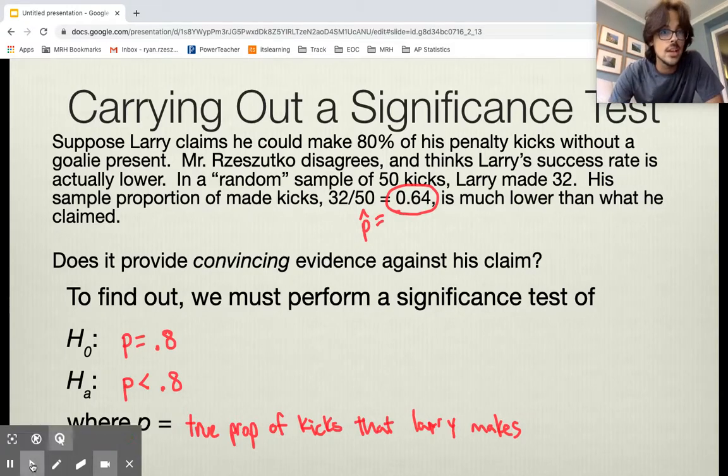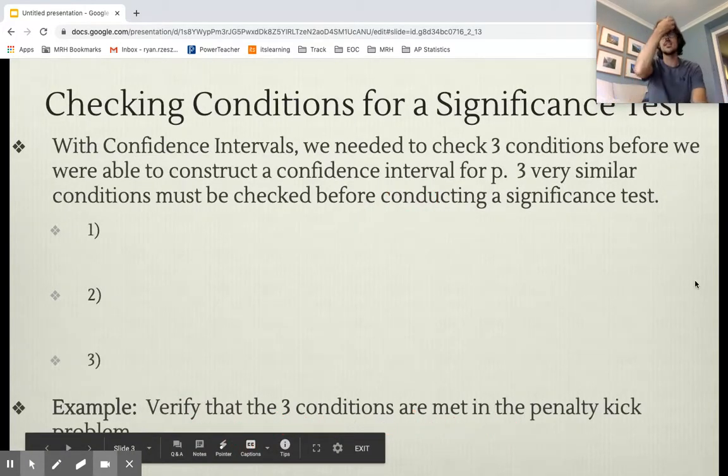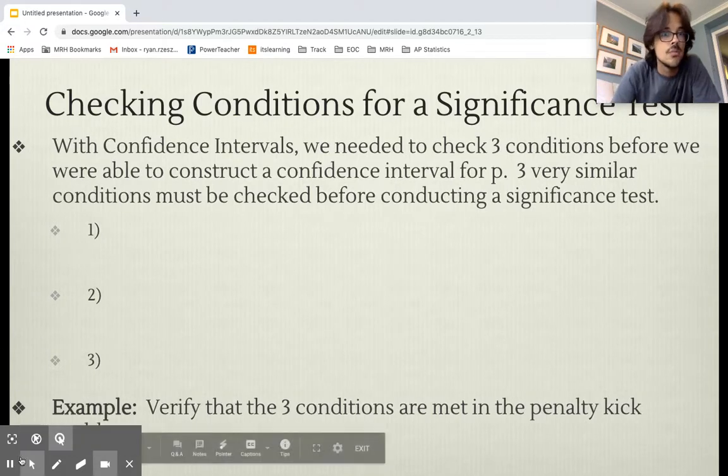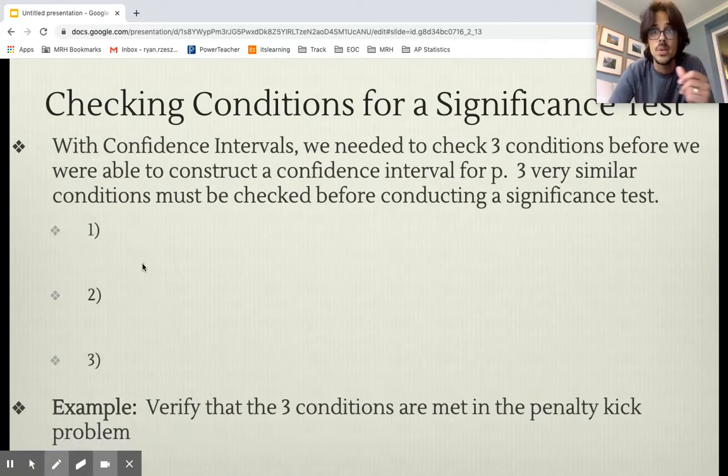So before we actually can answer that, we're going to look at conditions for a significance test. Just like with confidence intervals, there are 3 conditions you need to check. They're very similar to what you would do in confidence interval problems. In fact, 2 of them are completely identical. So see what you can remember, maybe pause me and see if you can rattle off your 3 conditions for